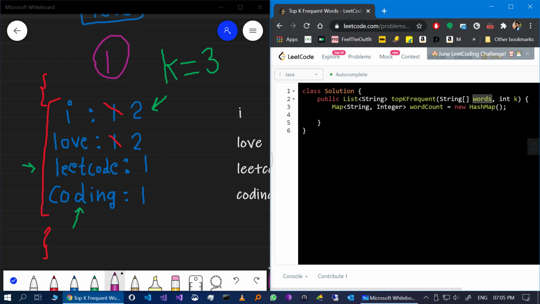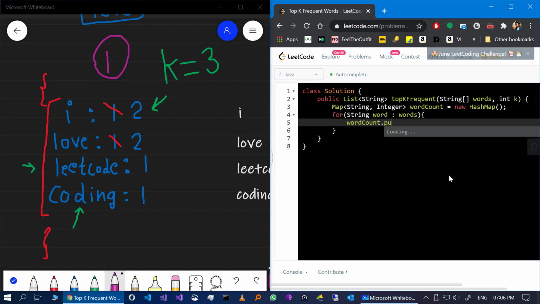Now we want to loop over our words array and just store each element one by one. For word in words, now we will add them one by one. If it already exists, then we will just increment its frequency. Otherwise, we will just store it with the frequency of 1 as we discussed. Word count dot put.